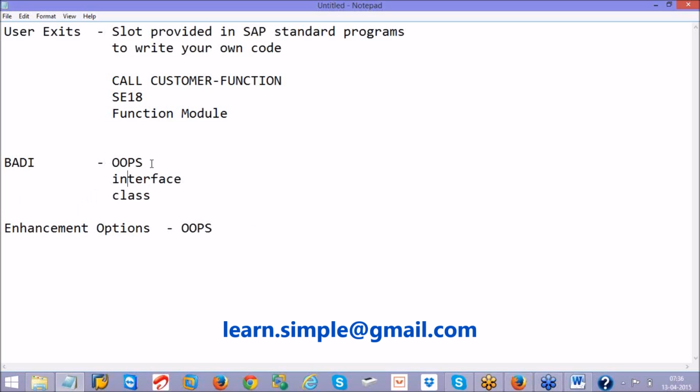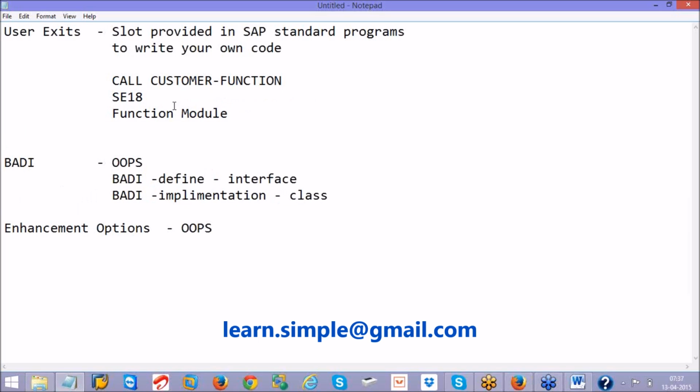So in other words, how SAP defines the BAdI: the BAdI definition is an interface, and the BAdI implementation, that means when you write code inside a BAdI implementation, is a class.